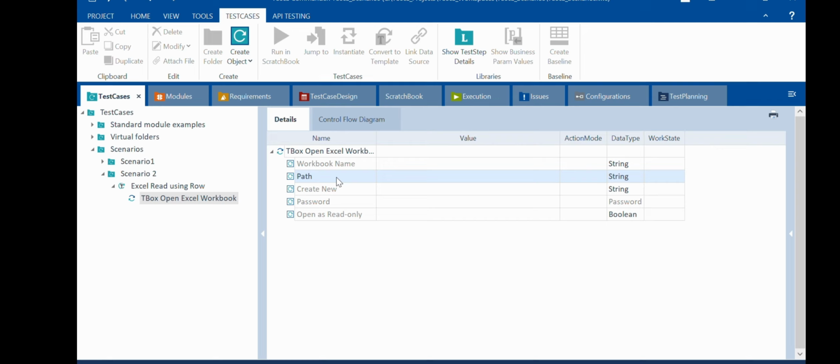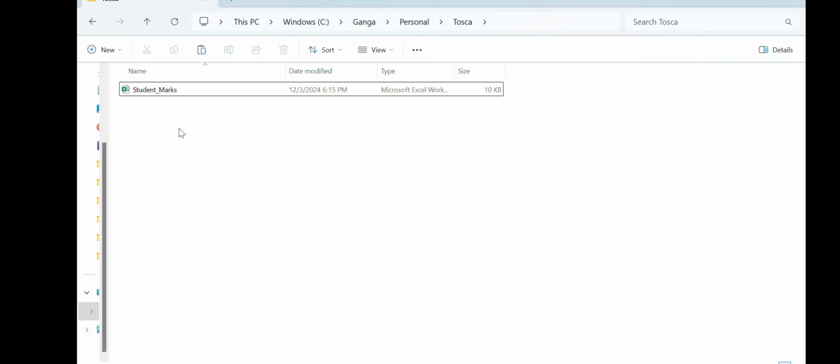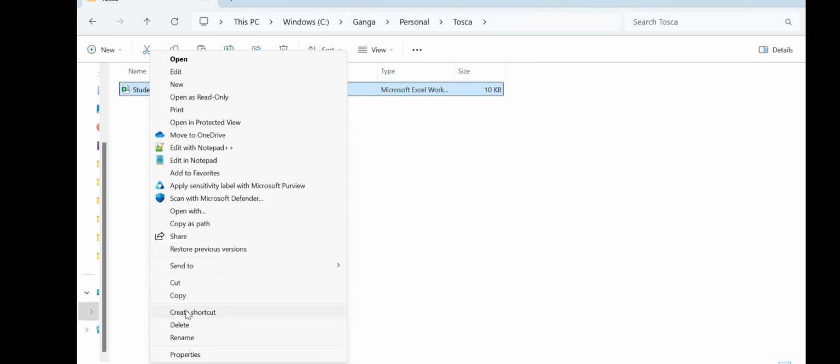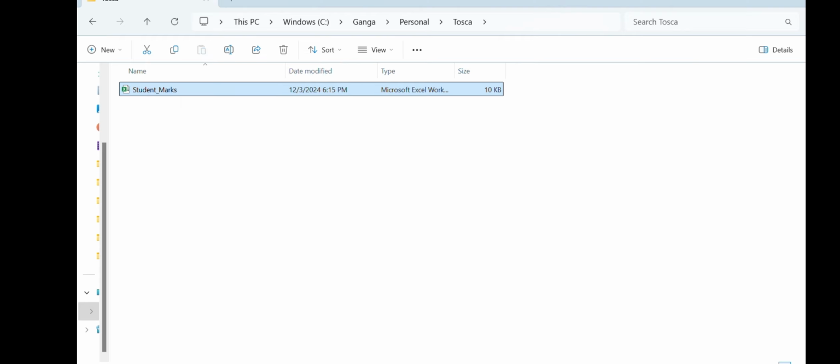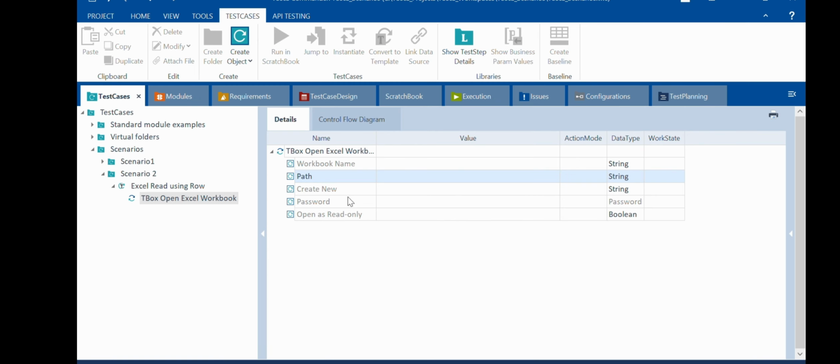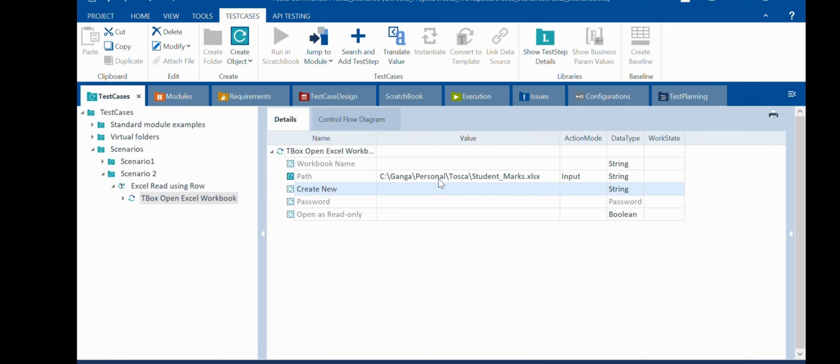First of all, let me give the path of this particular Excel sheet. So how do I define the path? Let us come to here, shift right click on this and copy as path, you see, and come here and paste it inside this path. When you paste it here, you will have double quotes before and after. You have to remove these obviously,